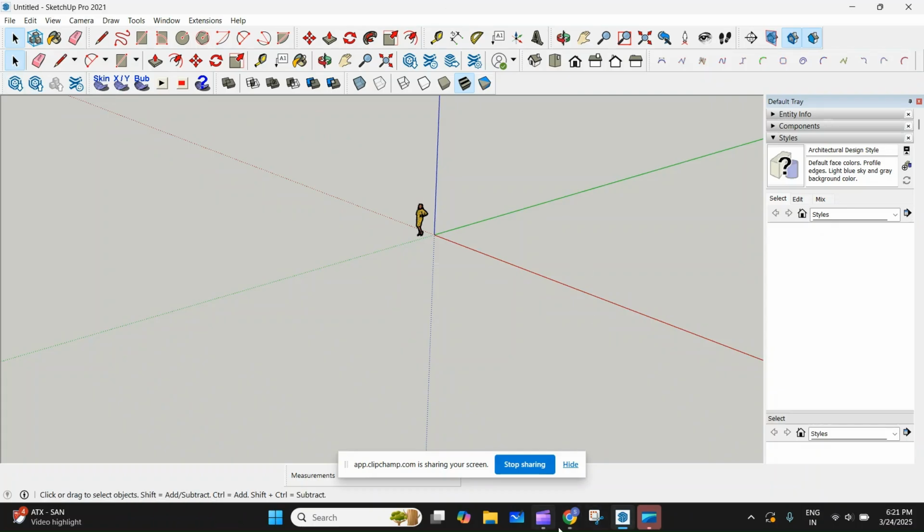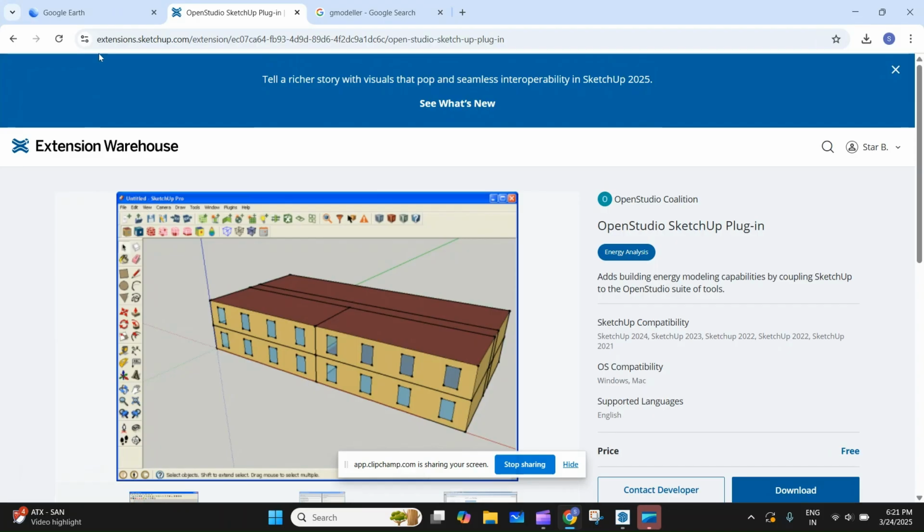So we are not going to start from here. Just go to the site of SketchUp extension warehouse, which is right over here. So today we are going to see how to install any extension. So for that